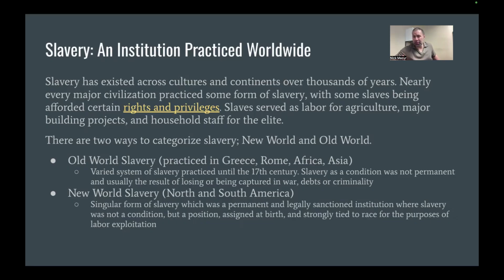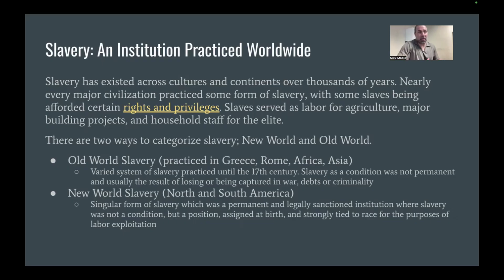So these would be the leaders of the city, maybe a king, maybe a prince, some sort of noble person, right? These are individuals that could become slaves, but they're not necessarily going to be working in the fields or doing manual labor. These are individuals that have some sort of set of skills. And so most likely they are going to sit at the hand of the leader who took over the area.